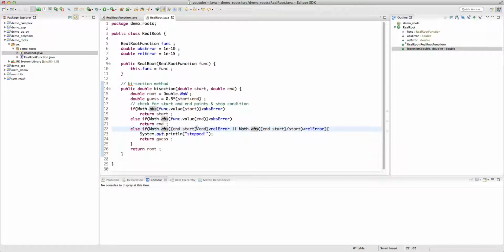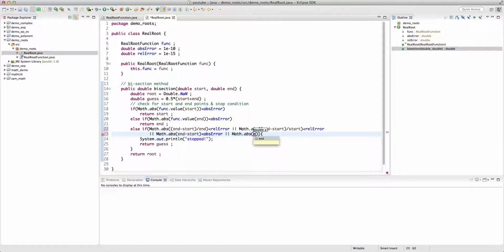We could also just check for the absolute error, but actually we can add it as an or. Else math.abs end minus start is less than abs error, or